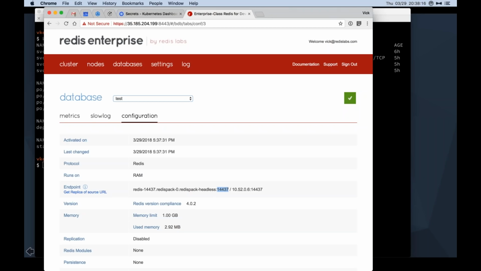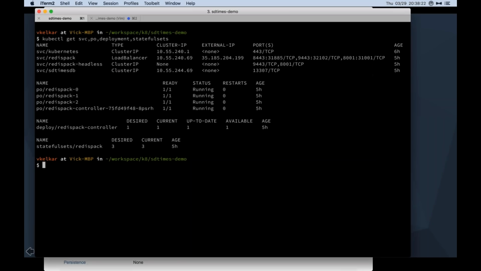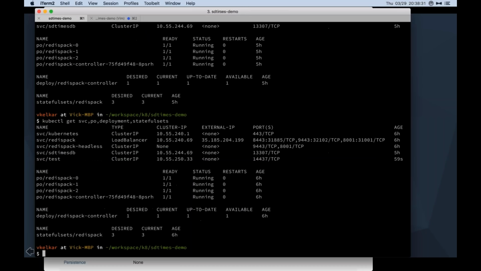So what I'm going to do now is go back to the terminal and see what happened with the same command that I ran previously. So I'm going to run this command. It takes a little bit longer because of my awesome Wi-Fi connection, but let's look at what happened. You will notice in the first set of outputs that now you have something called svc/test. So what our controller has done now is it has automatically published that endpoint with that same exact port